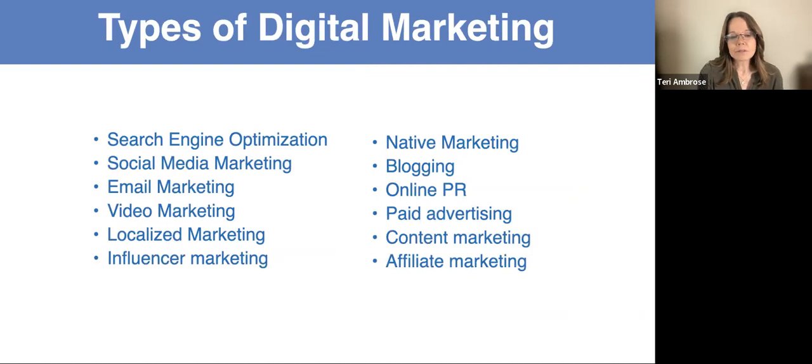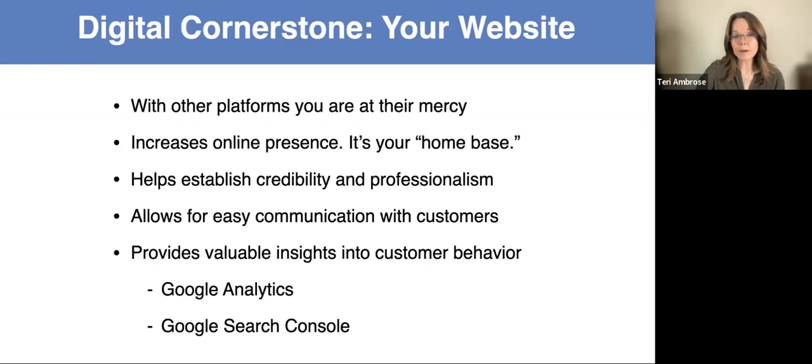All right, types of digital marketing. This is the bulk of what we're going to talk about today. Here's 12 here, but there are just all kinds of digital marketing mediums. These are 12 of the most popular. I cover all of them. It goes from 1 to 10, but that's just because I combine a couple of them. And before we jump into there, let's talk about your website, because our first digital marketing strategy is search engine optimization. And I wanted to talk about the website before we get in, because sometimes I get people asking,